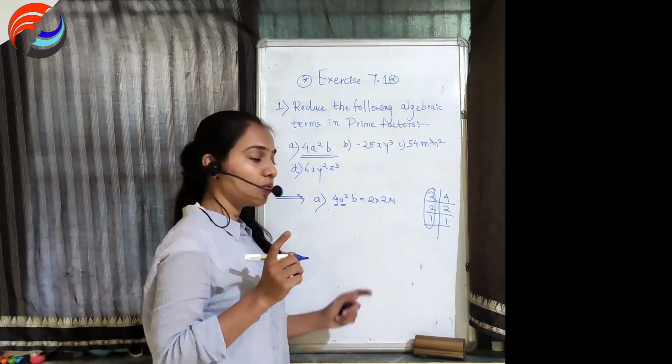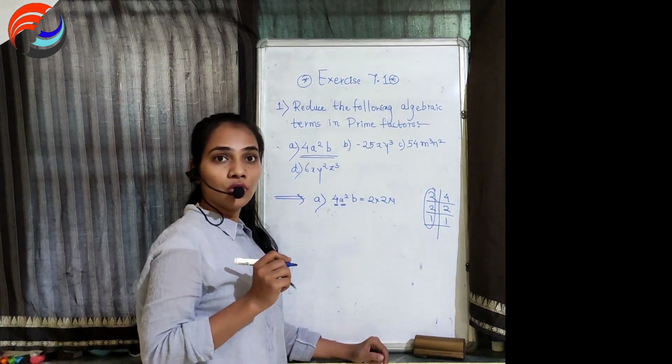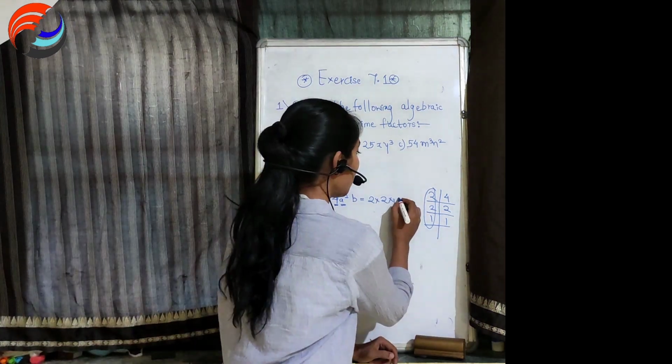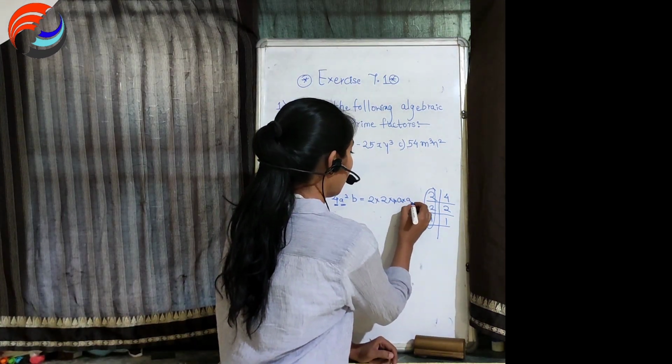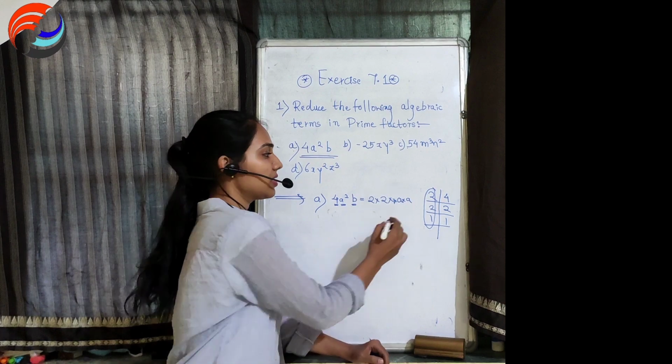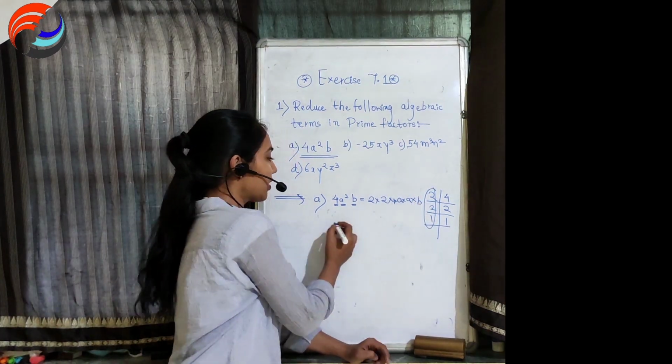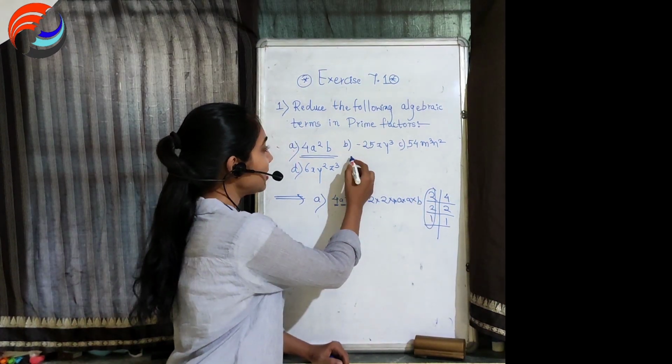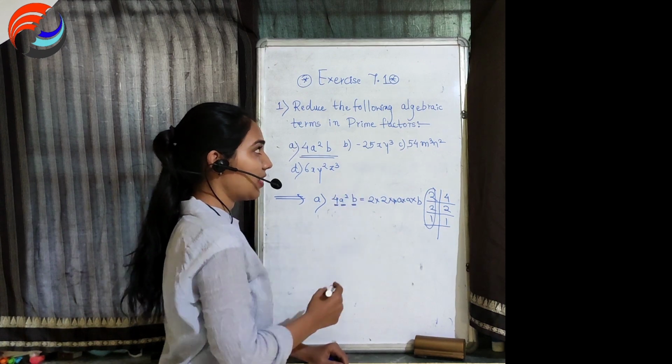a appears twice because its power is 2. So what can we write instead of a square? a multiply a, and then b occurs only once. So we get b. Now similarly, to find the factors of minus 25x,